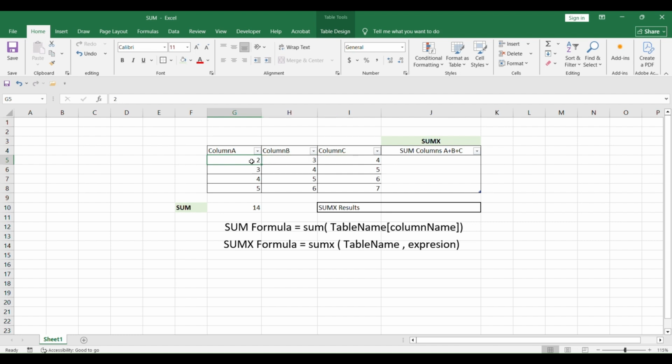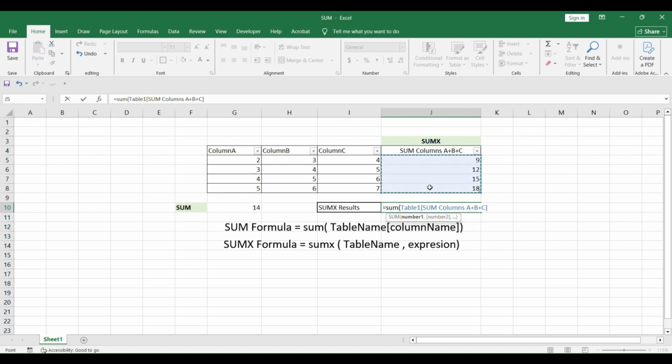For example, if we want to sum up all our values from all these three columns, it will act like that. It will take the sum of each cell from each column. We take in this case column A, column B, and column C, and then we'll apply everything until our columns are ended, and it will finally take the sum of everything, and this will be the result in case of SUMX.